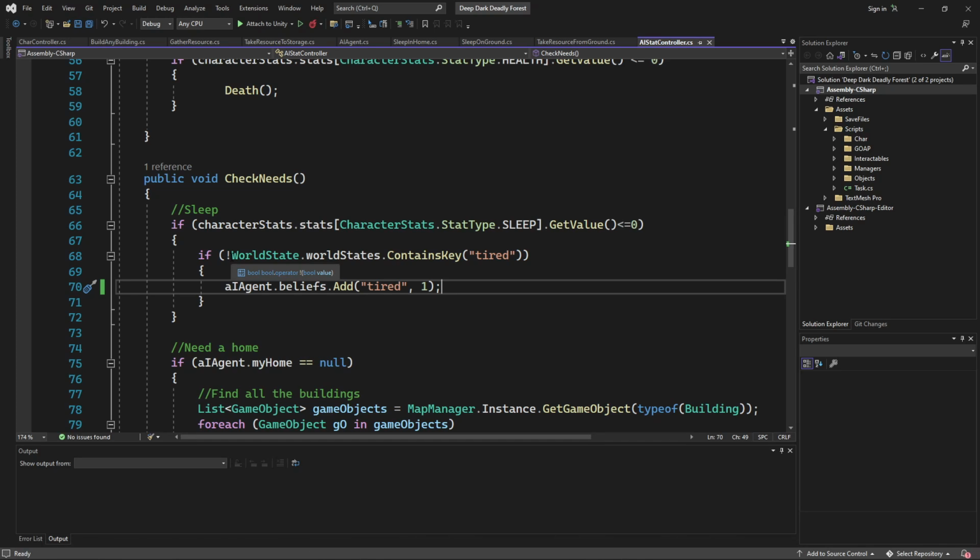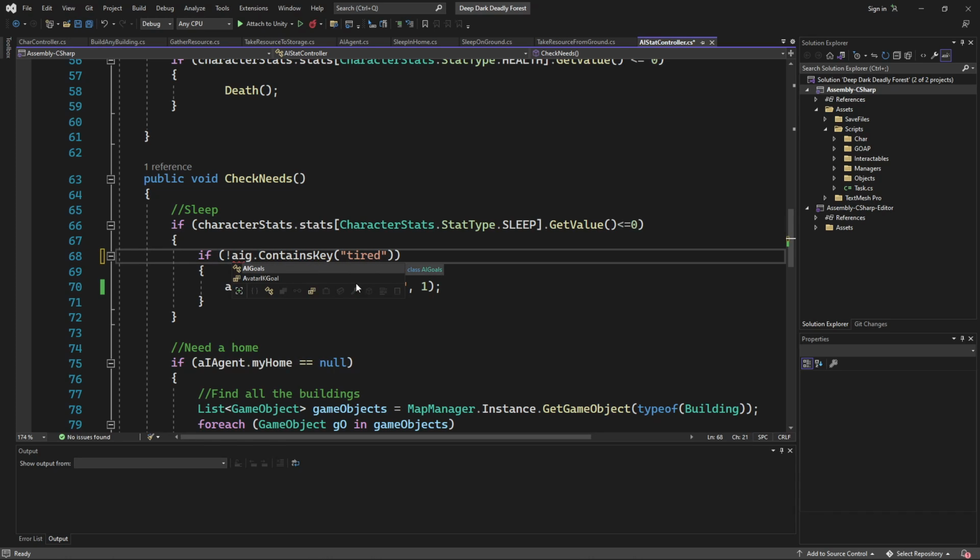Okay, right here. What if we, AI agent, or actually, beliefs. What's going on? Where am I at?